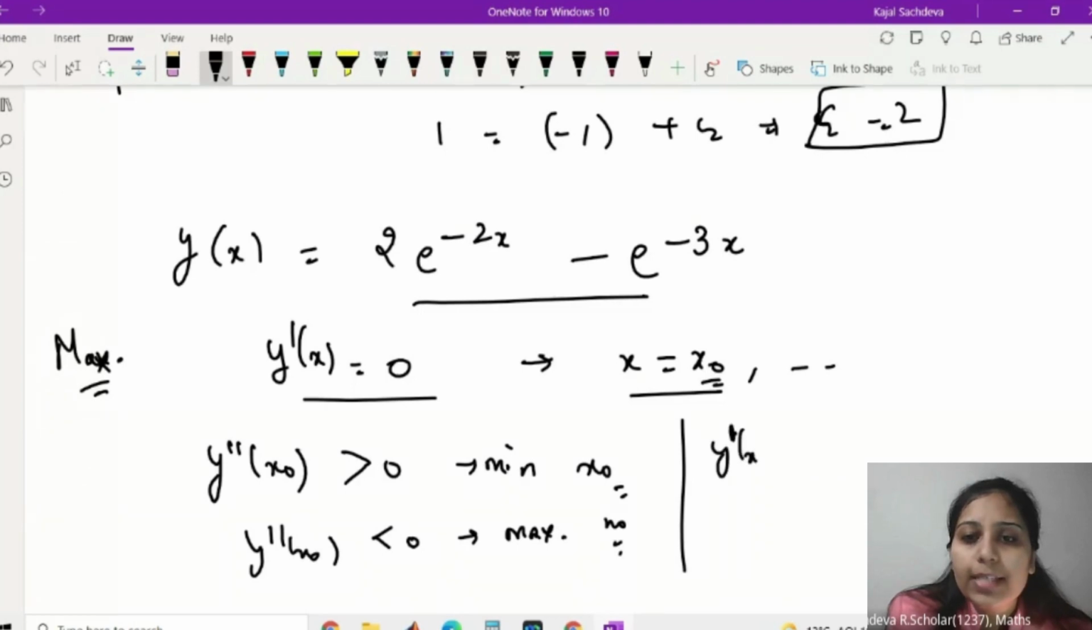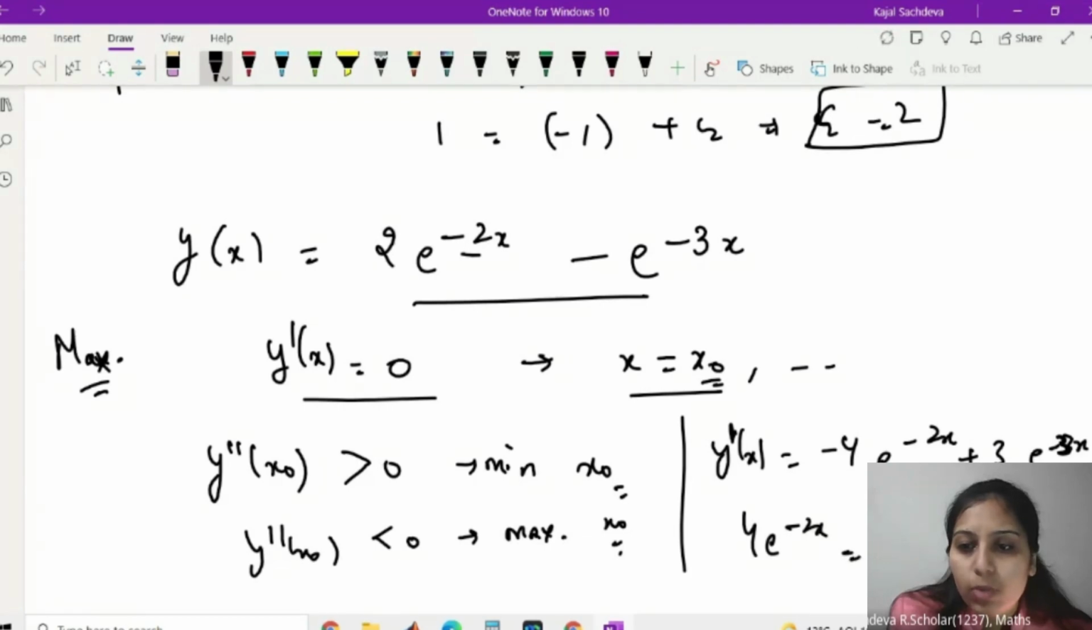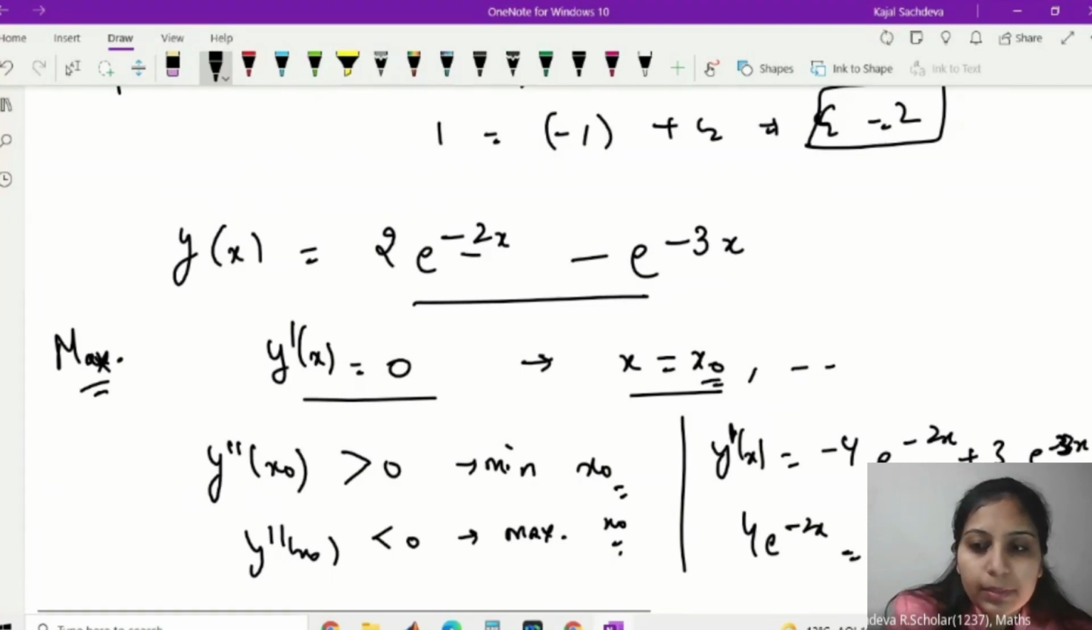We find y dash x here. So how can we do the derivative? Just minus 2 minus 4 e raised to power minus 2x plus 3 e raised to power minus 3x here. Put it equal to 0. We get 4 e raised to power minus 2x is equal to 3 e raised to power minus 3x. And this can also be written as